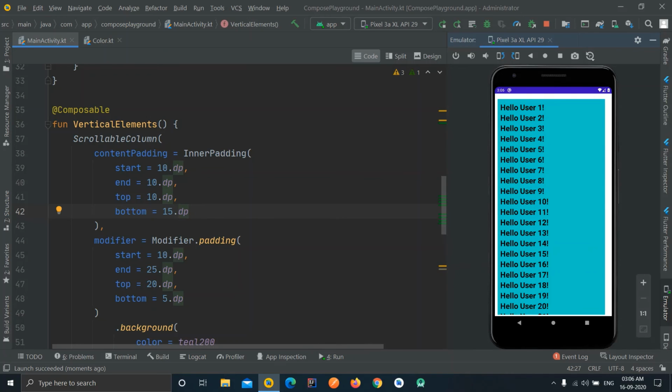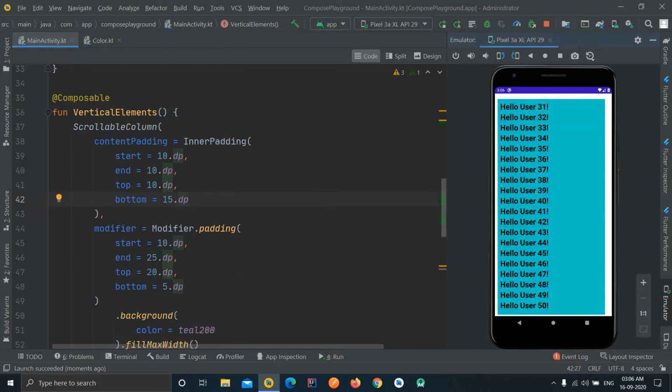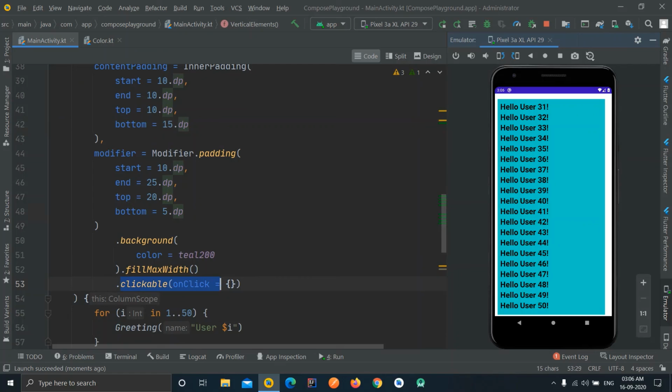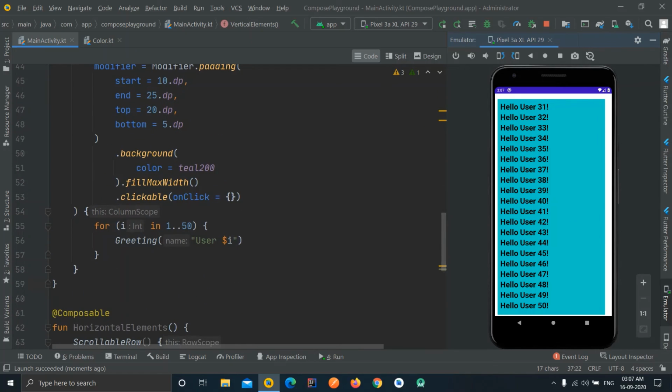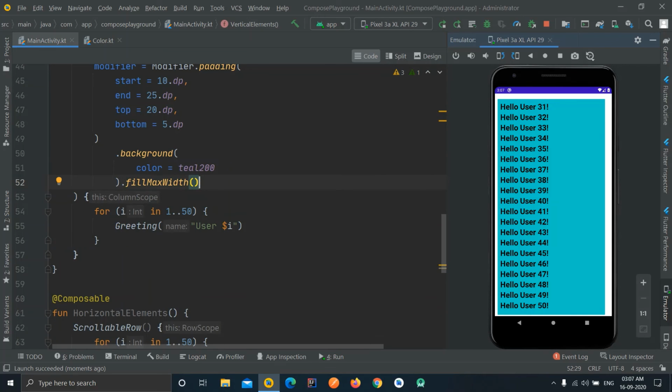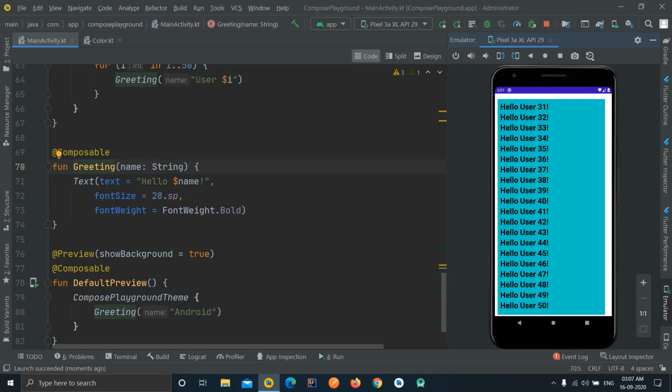One more thing, as you can see, even on scrolling it is showing me the ripple effect because I have applied the clickable event to the whole column, not just a single item. So what I can do is cut this from here, and I can apply that event to any of the widgets, like over the texts also.